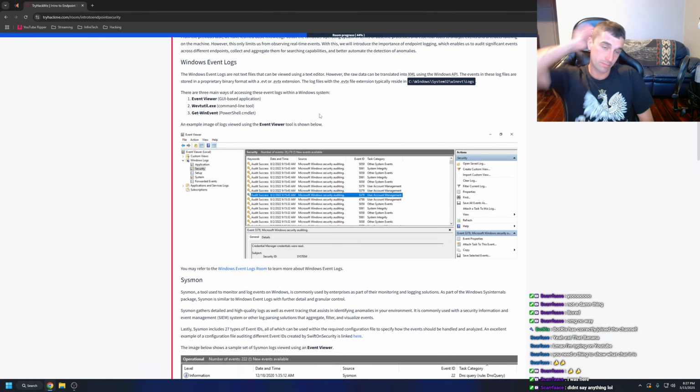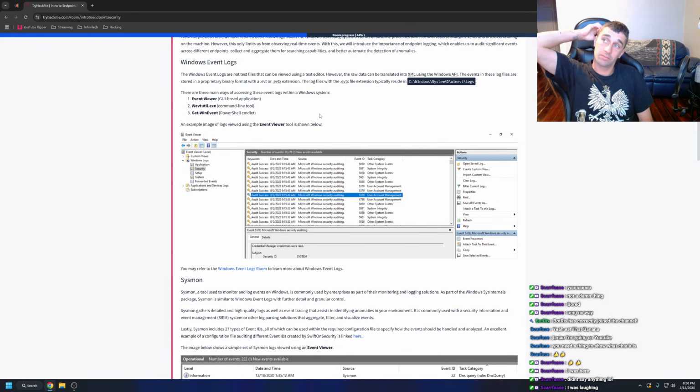There are 3 main ways of accessing these event logs within a Windows system: Event Viewer, GUI-based application, wevtutil.exe, command line tool,